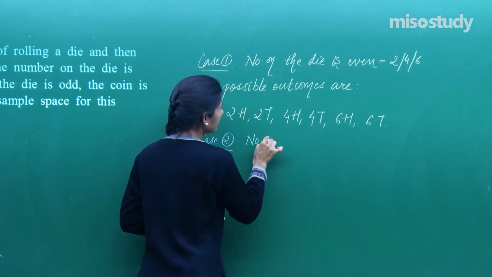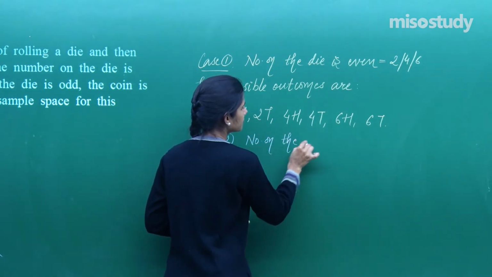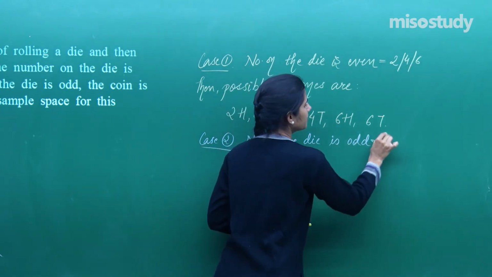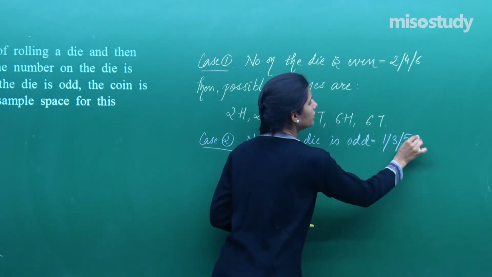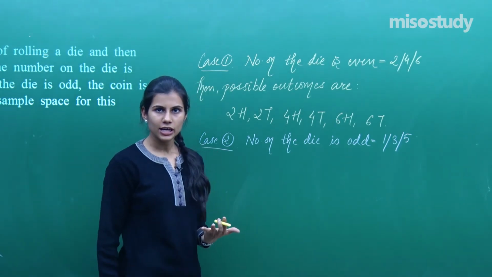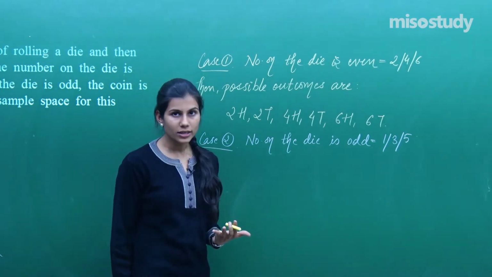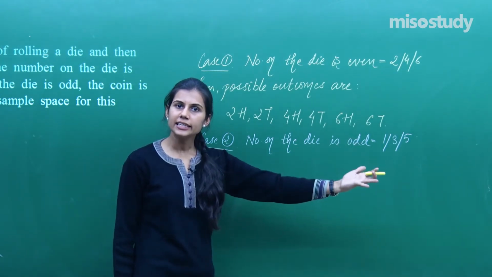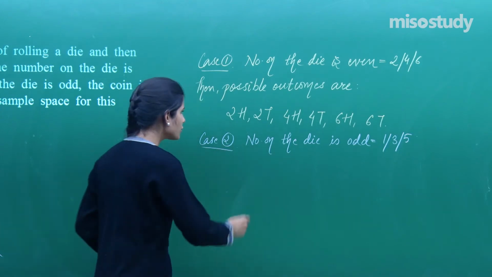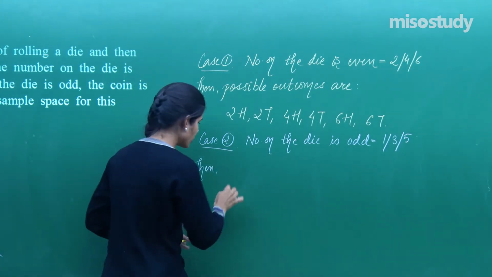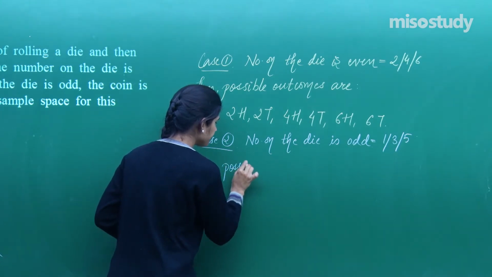Number on the die is odd. So this number is 1 or 3 or 5. In this situation, the coin is tossed twice. So when the coin is tossed twice, what are the possible outcomes? Head head, head tail, tail head, tail tail. These are the 4 possible outcomes. So then, together the possible outcomes will be,